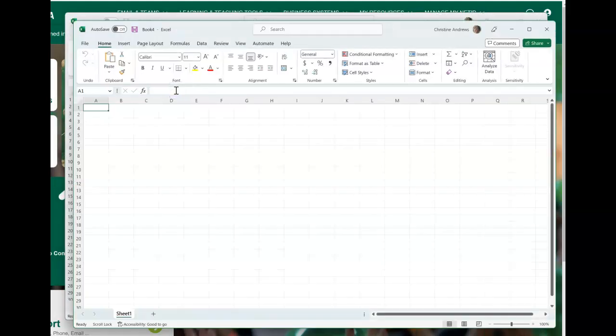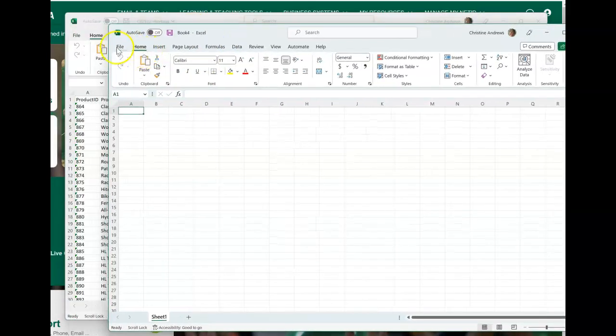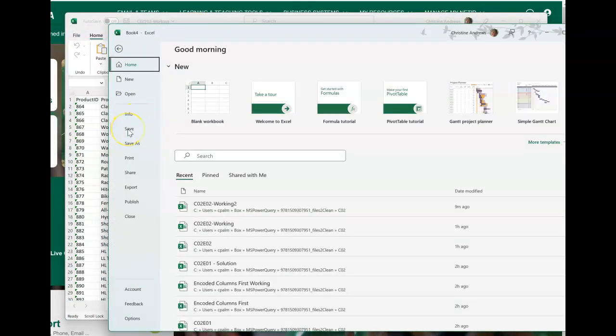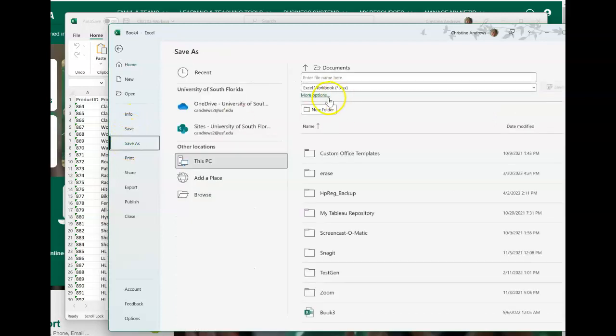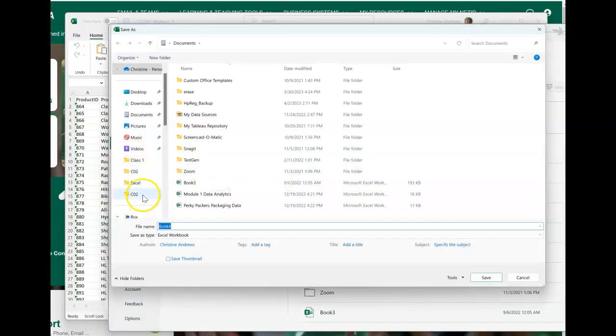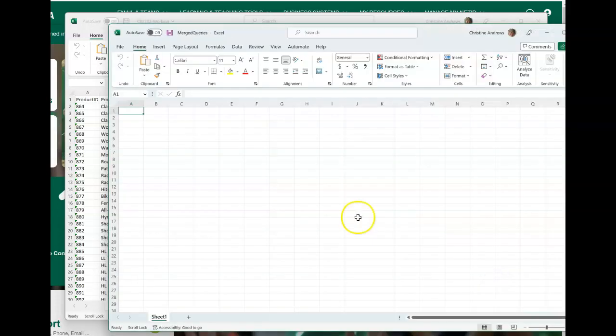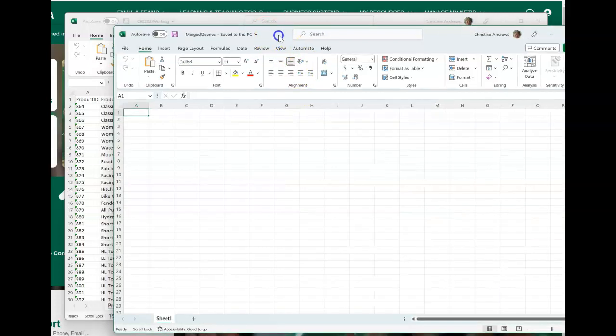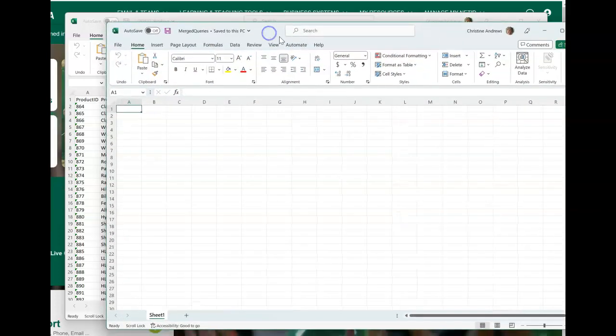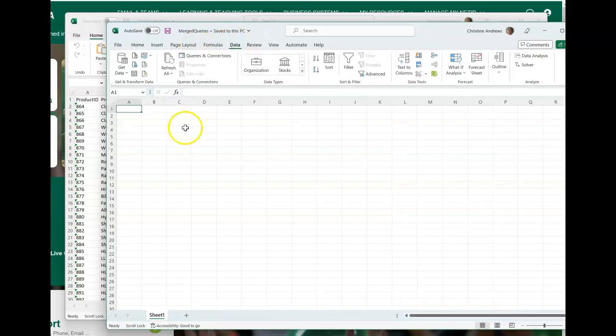Okay, so I'm going to open up a new workbook, blank workbook. I'm going to save it just so I know where I am. I've got so many files here you wouldn't believe it. So save as, and I'm going to put it someplace else. I'm going to put it in here. I'm going to save it as merged queries. Okay, so this is our working file, and we're going to go to data and open up the new one,